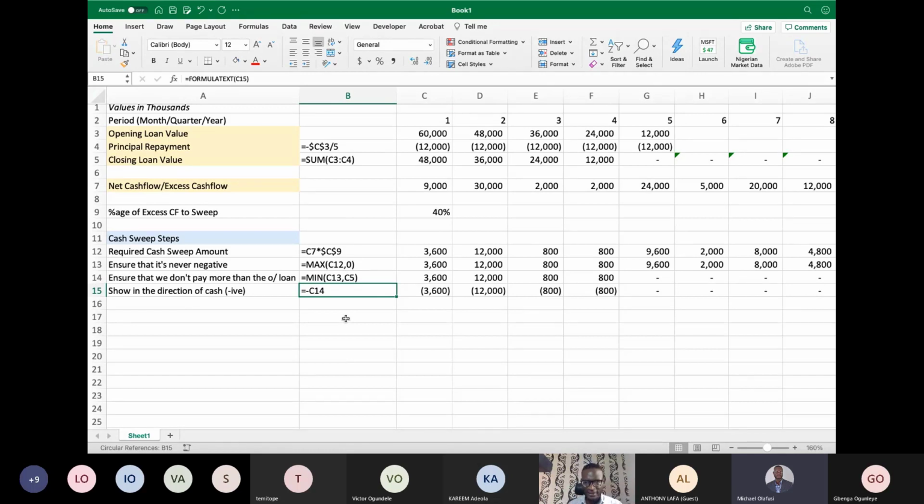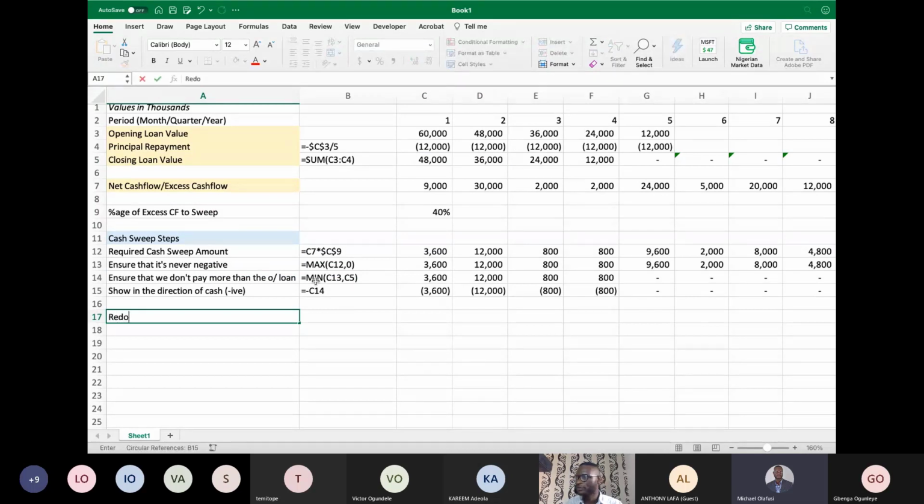Technically this is the end of it, but when you have repaid some of your principal, it has to show in your outstanding. So your outstanding is no longer going to be 48. Your outstanding is now going to be 48, down a bit by whatever you have paid here. So we need to redo the debt schedule to now include